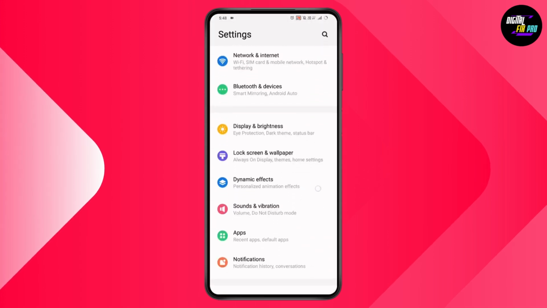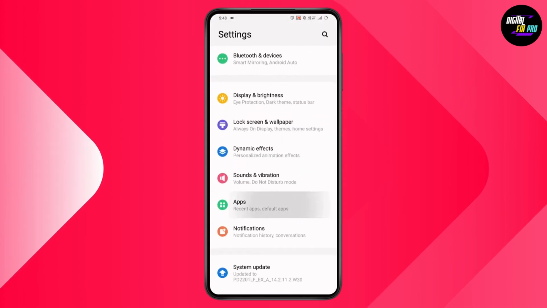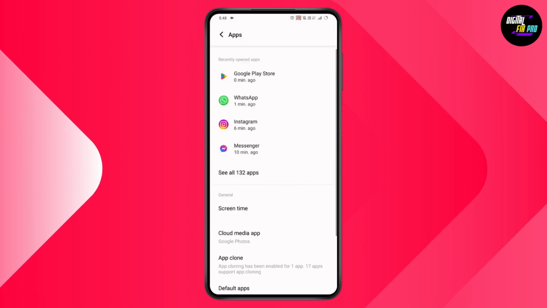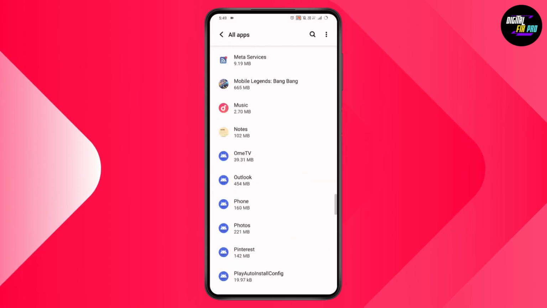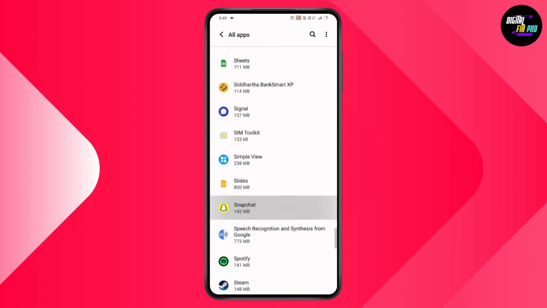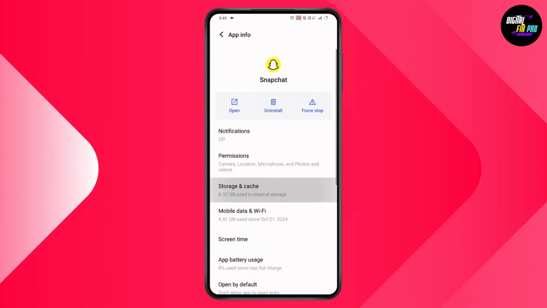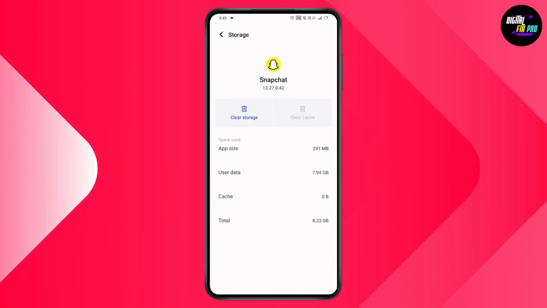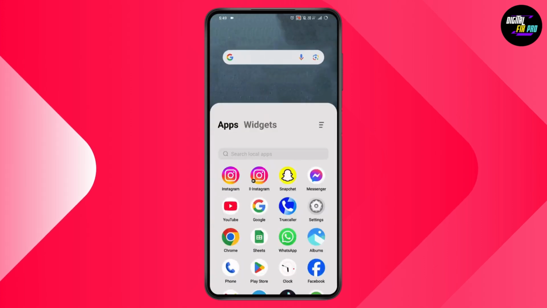If that still doesn't fix your problem, then go with your settings. On your settings, you need to scroll down, go with apps, go with see all apps, and here you need to search for Snapchat. Scroll down and then go with the Snapchat application, tap on Snapchat, go with storage and cache, and go with clear cache. And after clearing your cache, you just need to simply go back and restart your device. After restarting, your